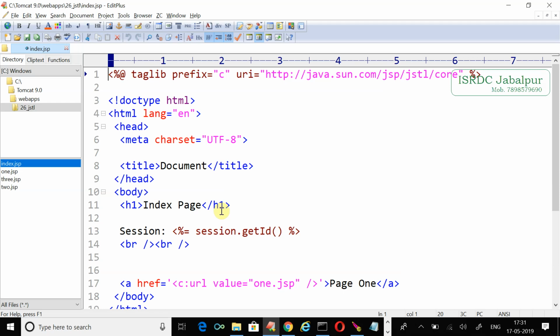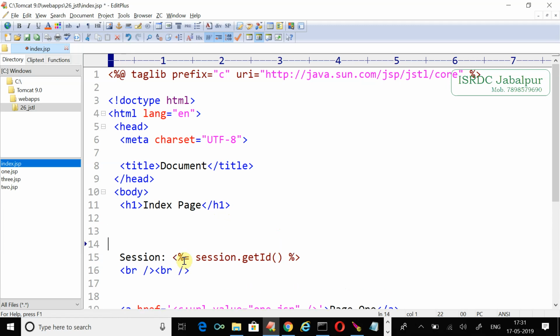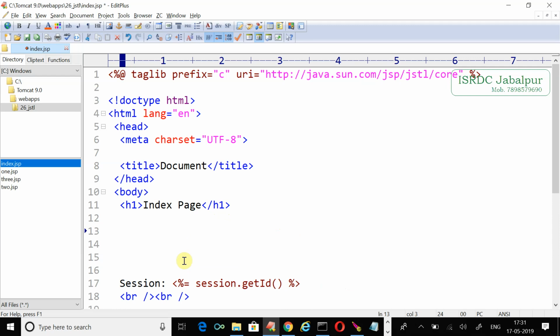Because these URLs are similar across all the rest of the JSP pages, you need to perform the same operation again and again, right? So you want your home link encoded in all the pages. So let's do it. Just create the link below the index page heading. I just want to show you a home link. So let's create the home link